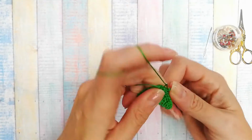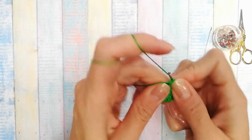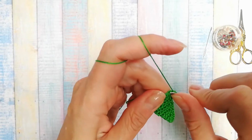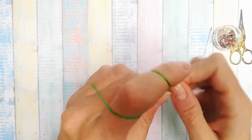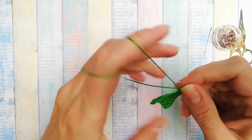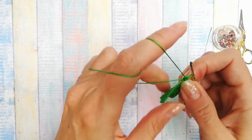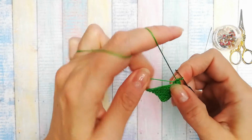So I'm just doing single crochets in each row until I come to the corner stitch. In the corner stitch I'm gonna do 4 single crochets. So I'm at the corner stitch, so 1, 2, 3, and 4. What I'm gonna now also do is, you see the starting tail, I'm gonna place it on top